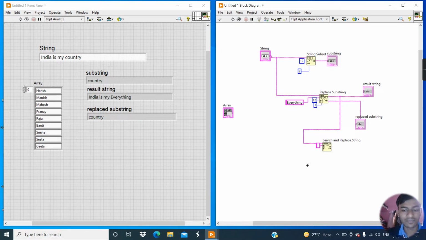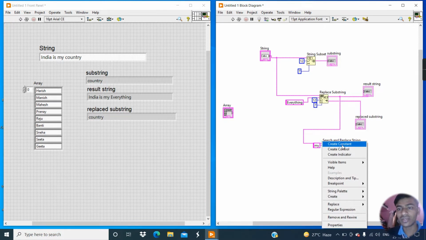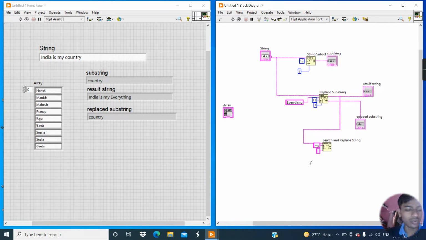So enter my. Now the third terminal is replace string. Create a constant and enter what you want to replace it with: one of the best country for. Now change the position of this string constant.